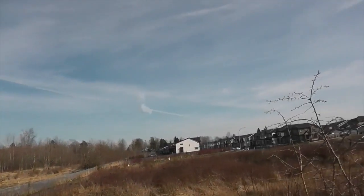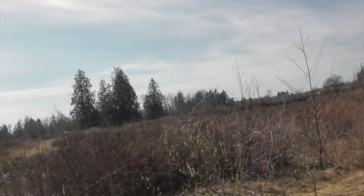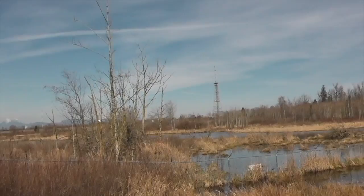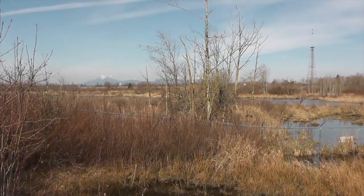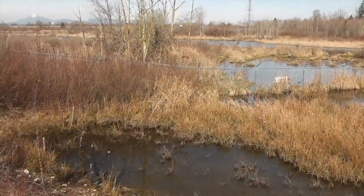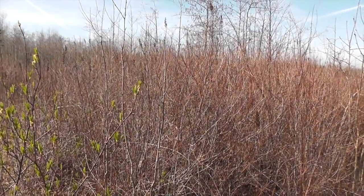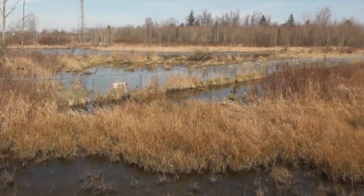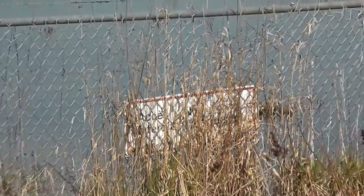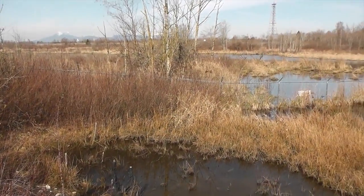So let's look around. So there's some residential area over there, and then some field with grass and some trees surrounding. Now this is a great place for people to walk dogs. There's like trails and moss. It's not quite a large area. There's a fence separating the field from the swamp and access underneath, and a little trail on the other side leading to the woods over there in that region. I'm not sure what the fence says, but we'll just not read that. Yeah. And there's a lot of different types of grasses too, so this is a great place to do things